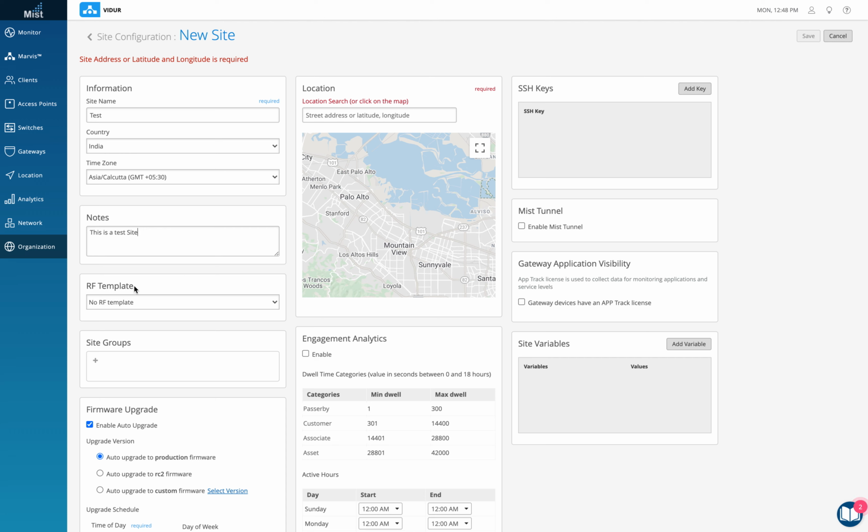Okay. And the RF template: if you need to create an RF template for the RF configuration done on a site, you can. If you already have one created, like I have one here because of my other site, I can call it here, or I can create a fresh RF template which I can call on this site later on as well. That's something we can do here or later on. I can create some site groups if I want to group a few sites together and then later on call one config template to the entire group. I can do that as well. So basically this is just grouping of sites together.